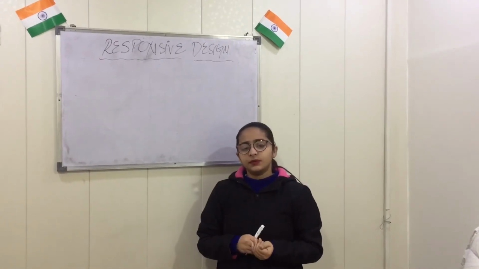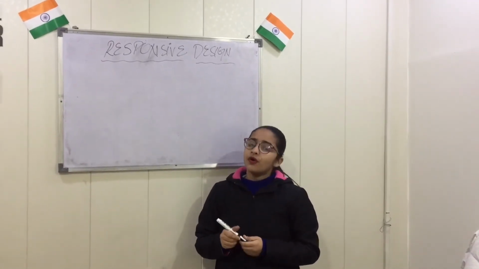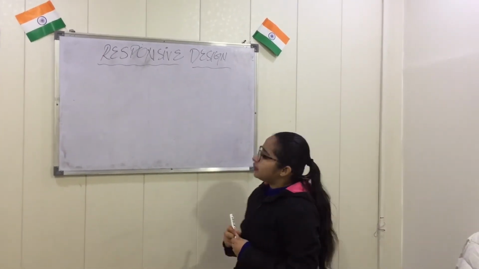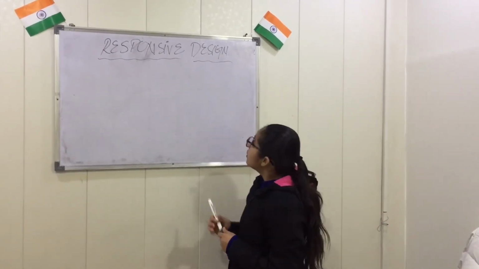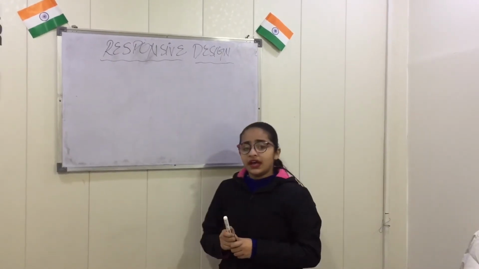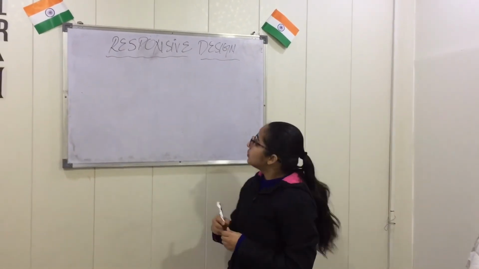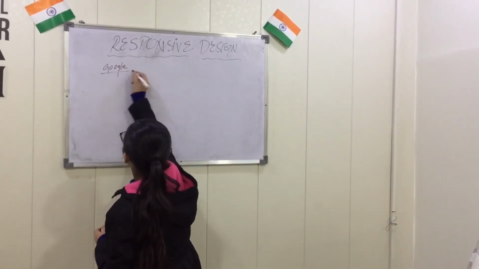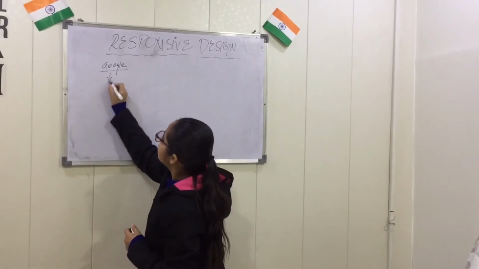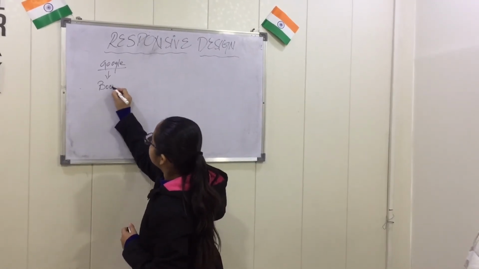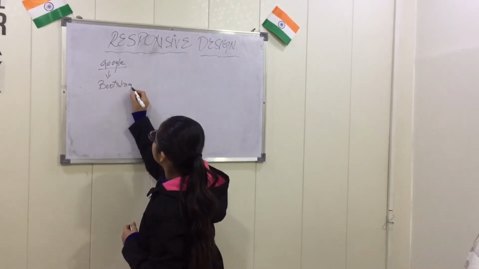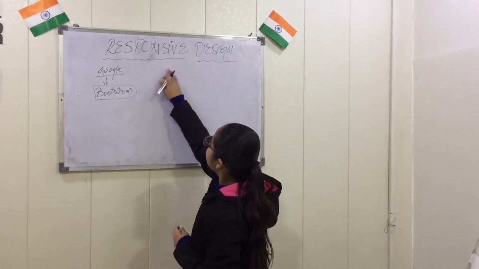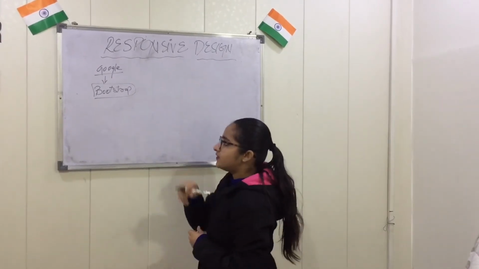Suppose the screen sizes would be our laptop, our computer or any Android phone. So responsive design would be compatible with each and every device. For responsive design, what do we have to do? First of all, we will go to Google. After that, we will write Bootstrap there, because from Bootstrap we will get the link that makes the design responsive.